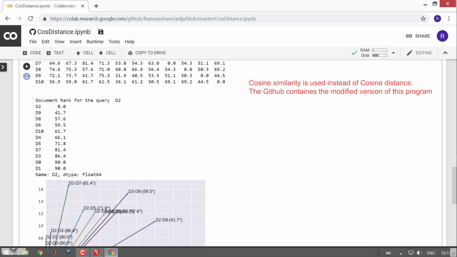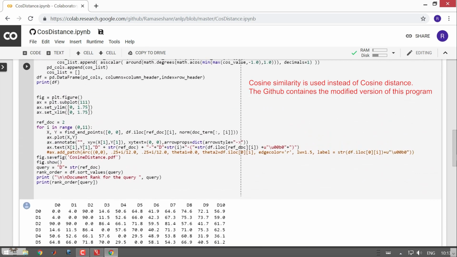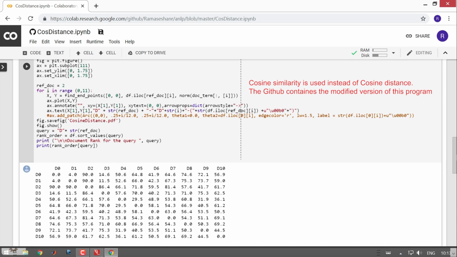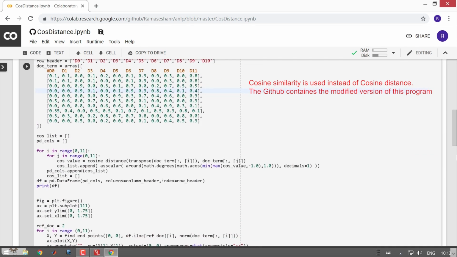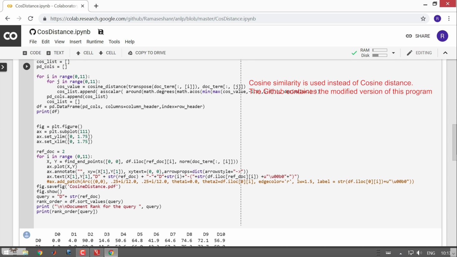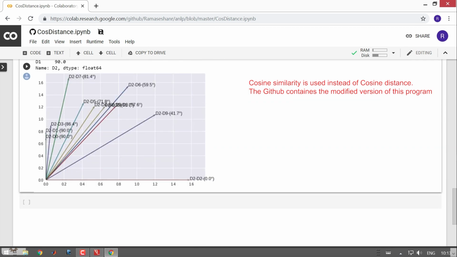For the explanation sake, I just put together some simple program for you. So, you can go ahead and change this in the GitHub that I have provided for you. Okay. So, this is the example of how you can construct the similarity of documents. Okay, let us go back to the presentation again.